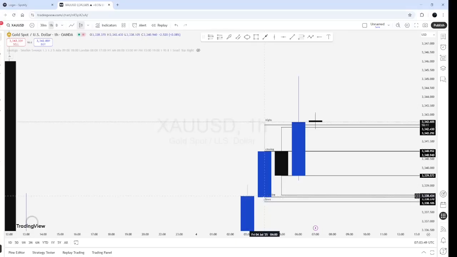opened, came down here, formed a wick and now goes back to the opening again and now goes up to this point, and when it was about to close, that's when you see the candle melting. So it closed around this region, this zone, it closed around this price, and now the next candle